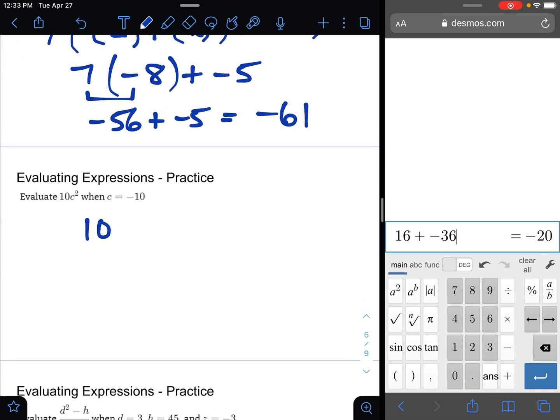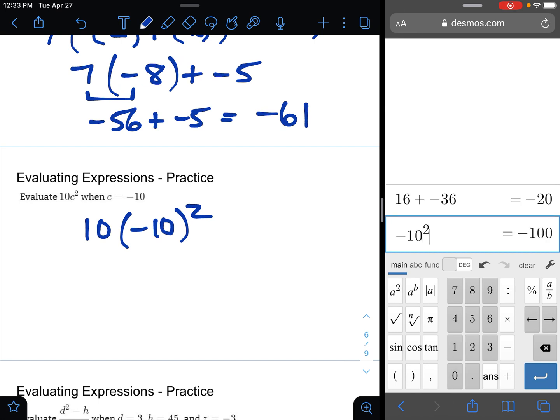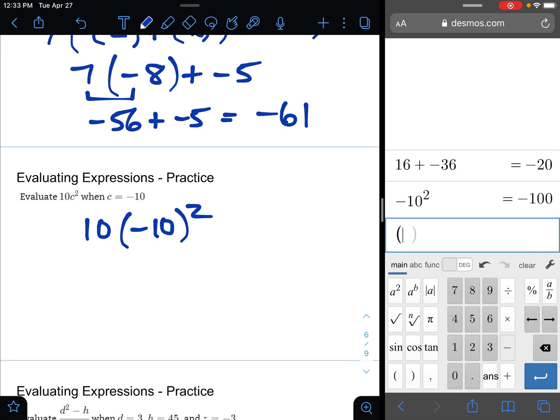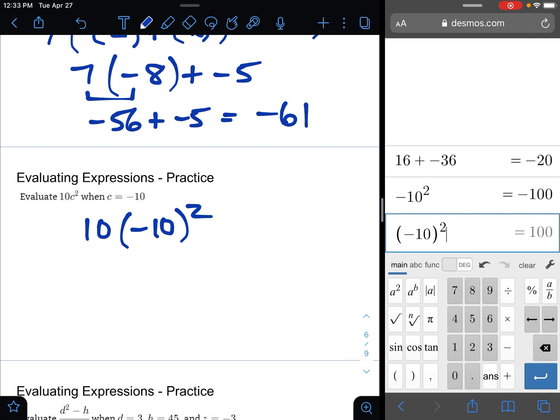For squaring, it's really essential that you use parentheses because you get a different answer without it when you square negatives. Let's show what that looks like. So if I do negative 10 squared, I get a different answer than negative 10 in parentheses squared. So why is that? Well, order of operations. If I say negative 10 squared, that means square the 10 first and then make it negative. Whereas negative 10 squared in parentheses is saying negative 10, the whole thing being squared, which is what we want